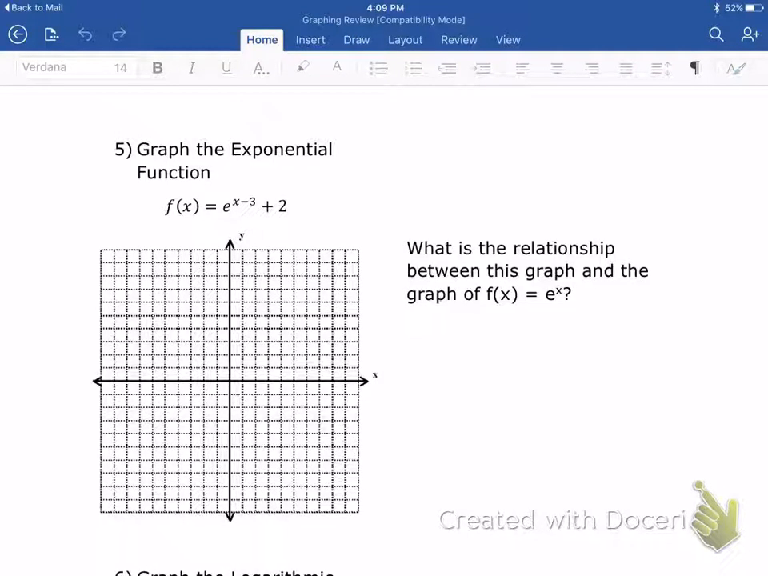Okay, this is number 5 of our graphing review for the final exam. And we are going to graph the exponential function f of x equals e to the x minus 3 plus 2. So what I want us to do first is look at the function f of x